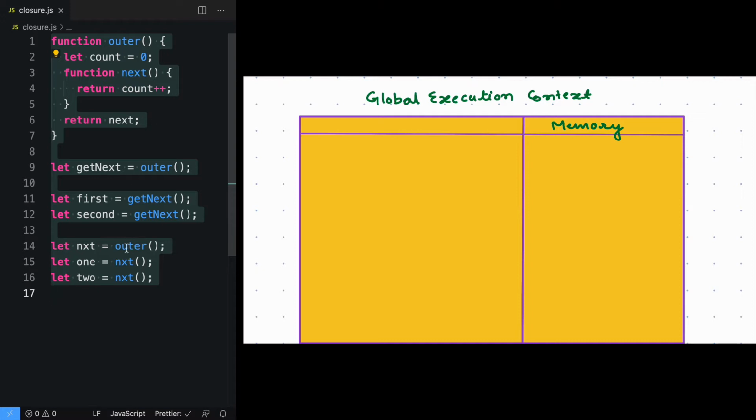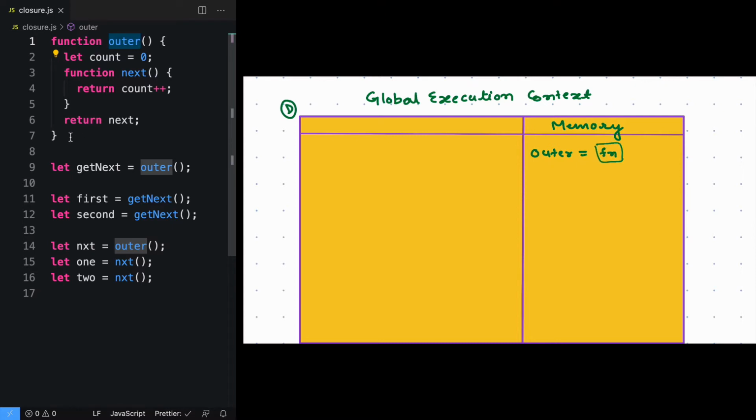So we know the drill, as soon as a code snippet is given to JavaScript engine, the first thing it does is to create a global execution context as we have created it here. And the first thing it does is go into a declaration phase. In declaration phase, what are the things you look for? You only look for function or variable declaration. So on line number 1, we can see a function declaration called outer. So I'll go ahead and say outer. And we know outer is a function.